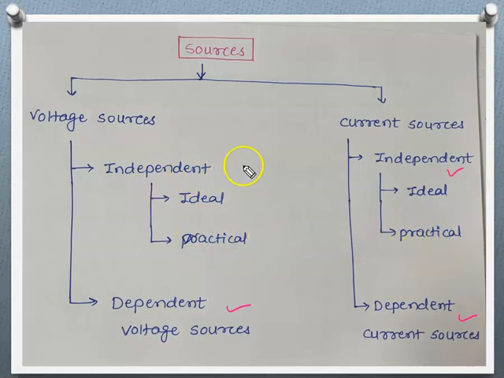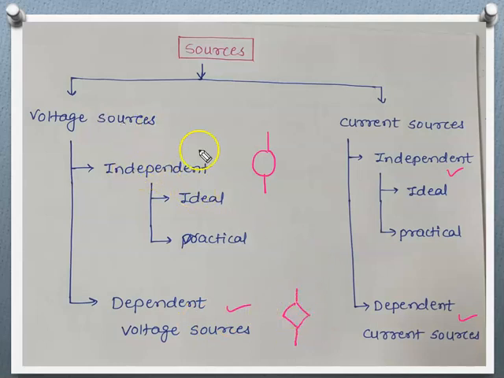Whether it is an independent voltage source or an independent current source, it is symbolically represented with the help of a circle with these two lines. If it is independent, the circle shows independent, and the dependent sources are symbolically represented with this diamond shape. Okay. Independent voltage or current sources are represented with a circle, and dependent sources, whether current or voltage, are represented with this diamond shape.